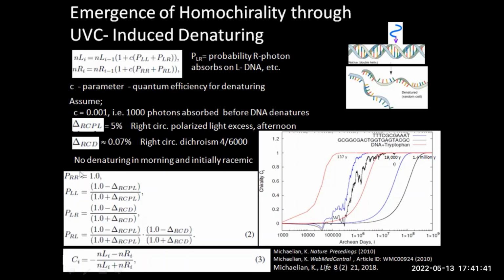So you can convince yourself that these are the probabilities. If we put the probability for a right-handed photon being absorbed on right-handed DNA equal to 1, then you can convince yourself that these are the correct formulas for the probabilities of a left-handed photon being absorbed on a left-handed DNA, and a right-handed photon being absorbed on a left-handed DNA, in terms of these parameters here. So now that we have these parameters,